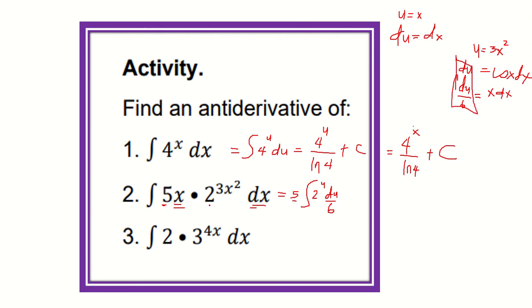So we take out the 5. That is 5 times the integral of 2 to the u du over 6. The x dx is equivalent to du over 6, and this one is 2 to the power of u. So that is 5 over 6